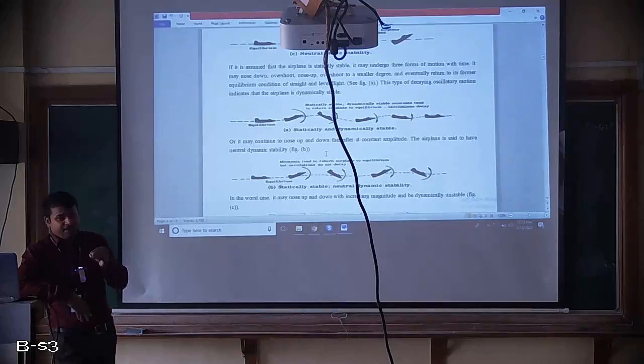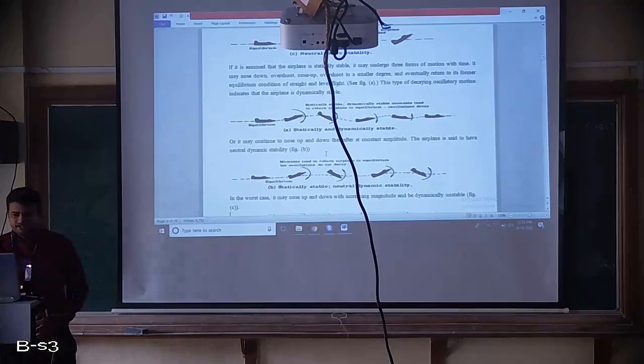That means when you say your aircraft is dynamically stable, it is already statically stable. Only then is it possible. If the aircraft is not statically stable, then there is no question of dynamic stability. You have to remember that. In this diagram, they are telling the same thing. In the equilibrium condition, the first aircraft is statically stable, and it is getting disturbed. Since it is statically stable, it is trying to come back to its original position, but it is not happening, and it is still going up and coming down.